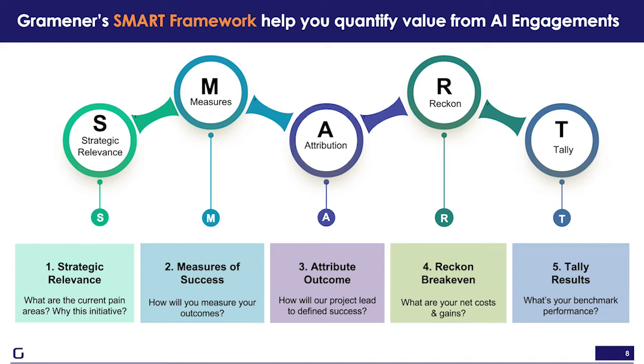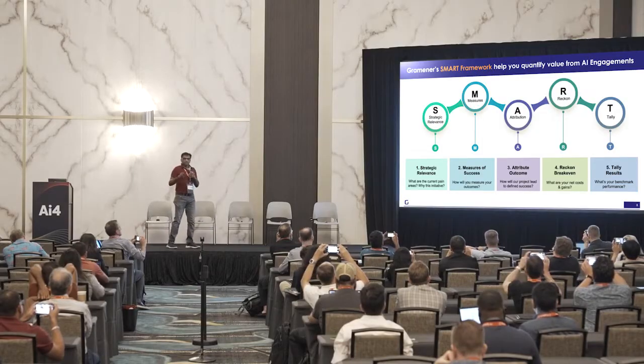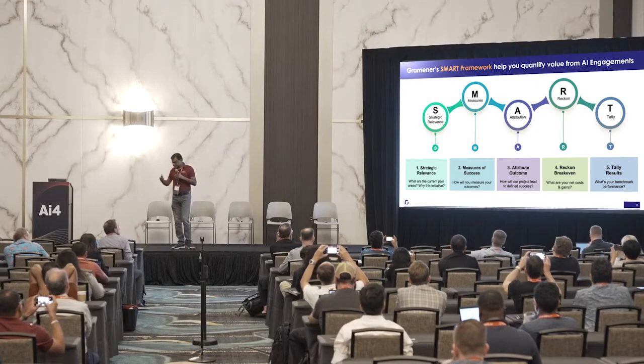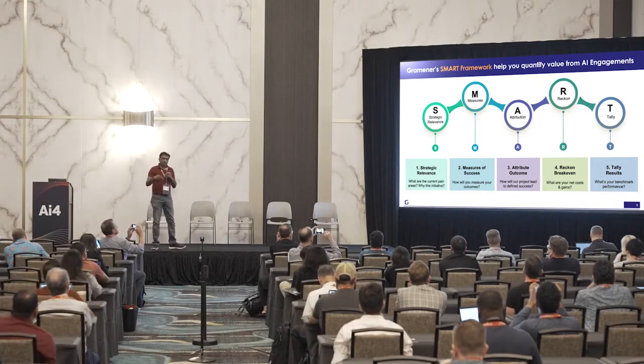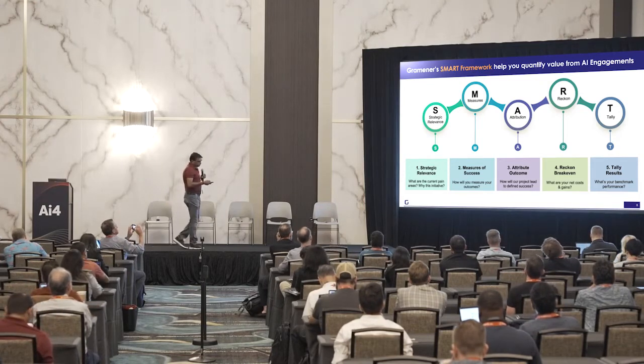Can I attribute that metric to an outcome? That yes, there's an outcome linked to it. Can I do a cost and profit analysis? Can I tally the cost and then the results that came out of it? More important, can I benchmark against industry? So these are the 5 key elements, and I'm going to go into each one of them with a practical case study, what we have done, and talk through it.